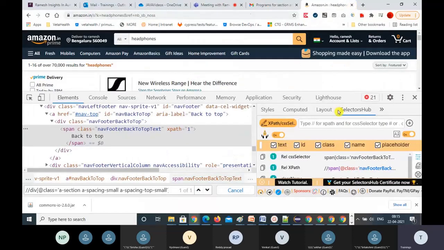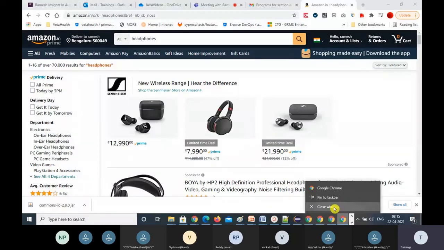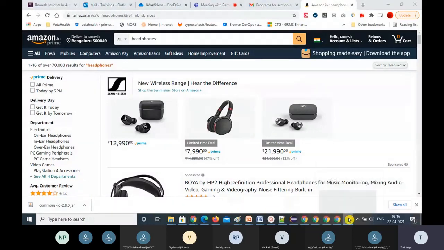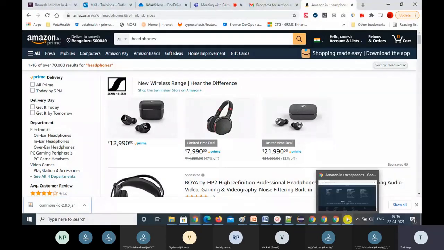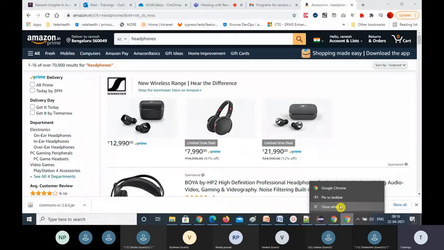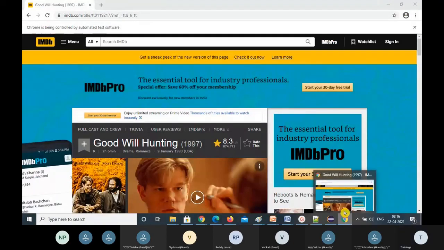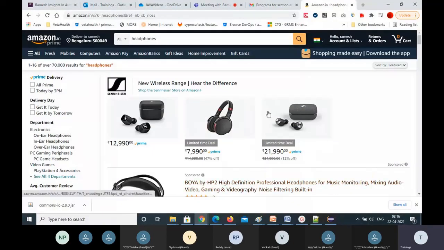Why do you need screenshots? When there are errors to debug, the screenshots will help us. That's the reason we need to add all the screenshots. Otherwise, how can you debug? An error occurs, and how do you know where it occurred? That's the reason we take this, and you need to place it in some folder so that you can use it later for debugging purposes. If a test case fails, you can use this. If the test case is not failing, you don't need to bother about that. So that's how to take screenshots.